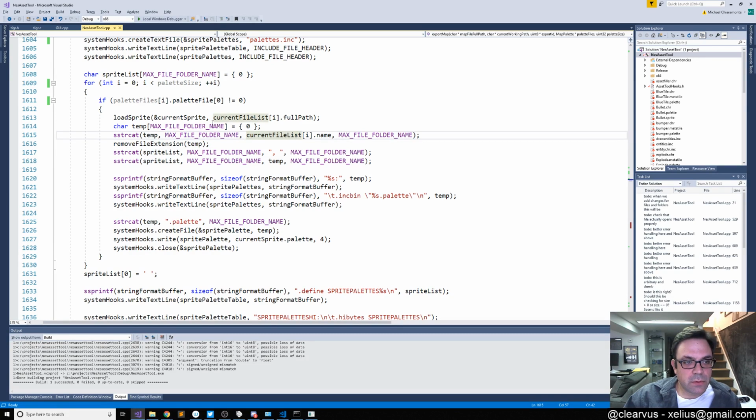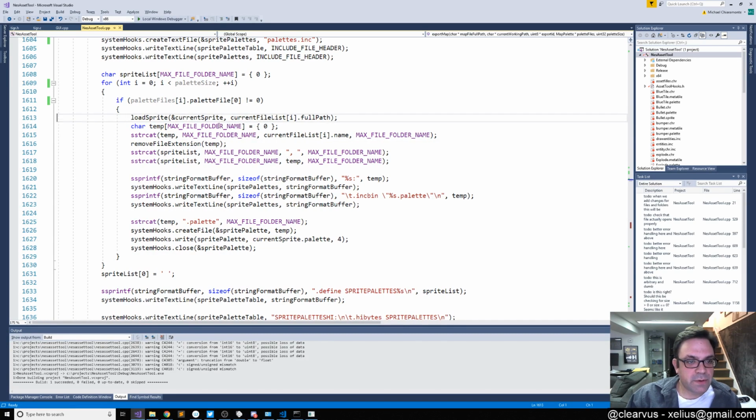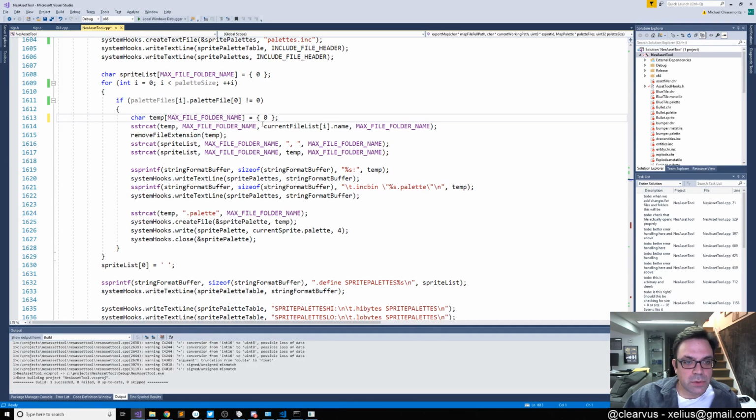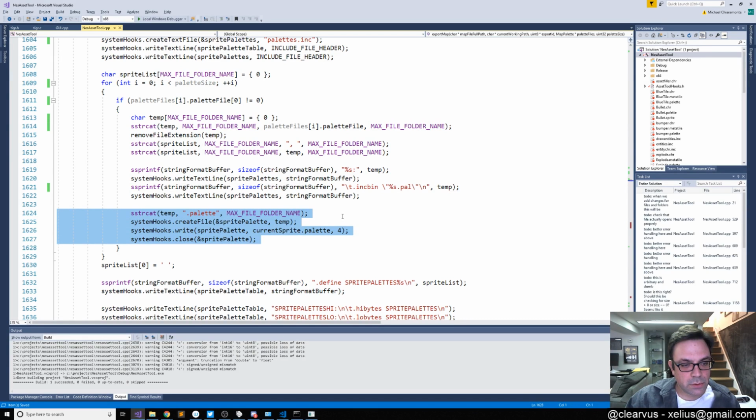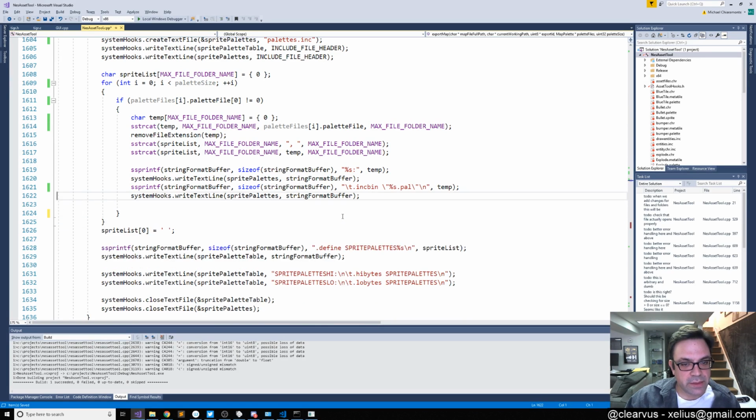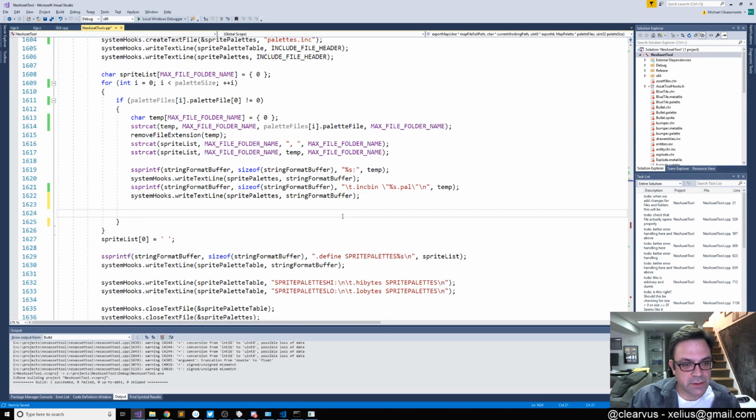So let's do this. So what we want to do is we don't want to load the sprite anymore. We do want to do this. We want to say palette files I, palette file. We're going to get a name into there. And then we're going to take this. And then instead of writing this out like that, all we need to do now is